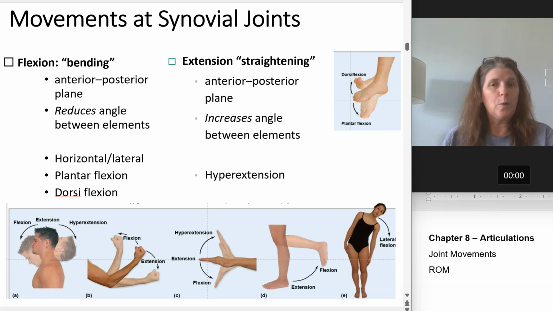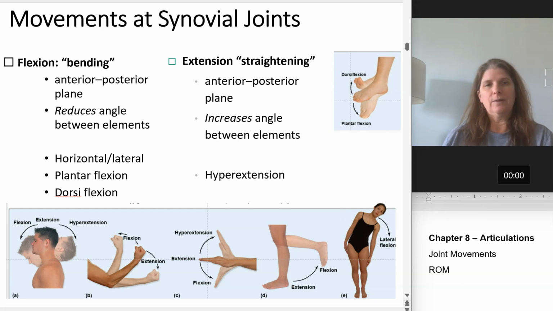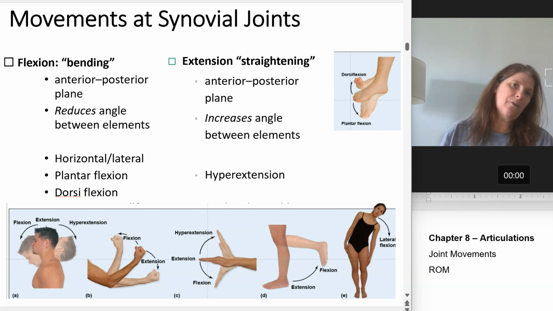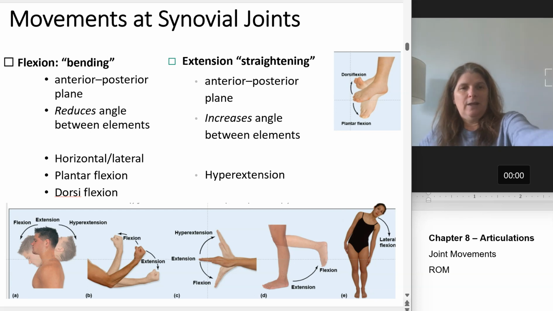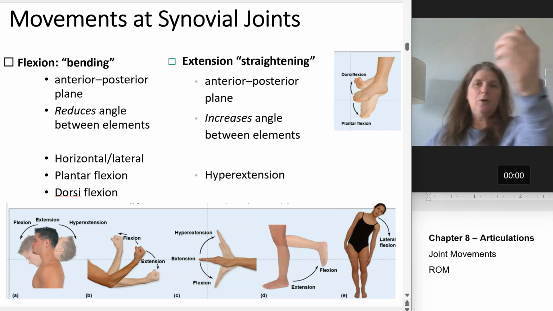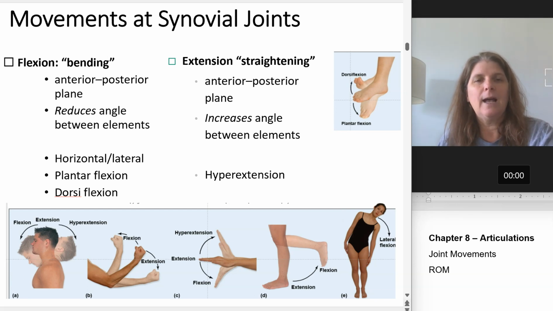Now there's something called horizontal or lateral flexion. There's a couple ways that you can see this. One is if you are bringing your ear to your shoulder. If I go this way, see how I'm bending it sideways? This is lateral flexion of the neck. I'm not very flexible. You can also do it if you flex your shoulder and you come across the body. You can also do your trunk, right? If you look in the picture here, if you're doing a side bend,